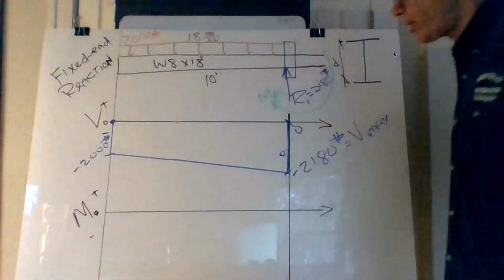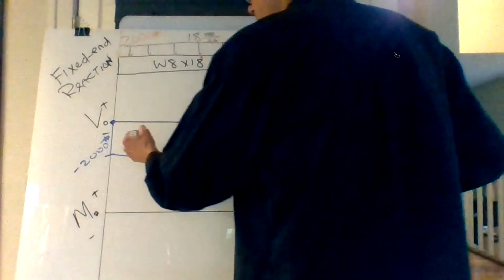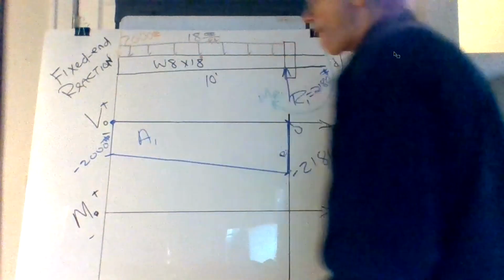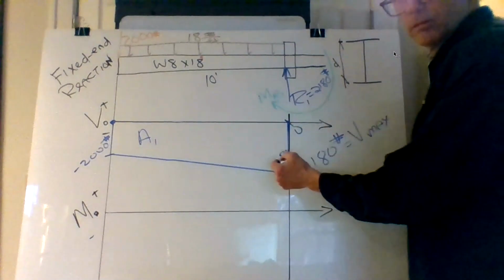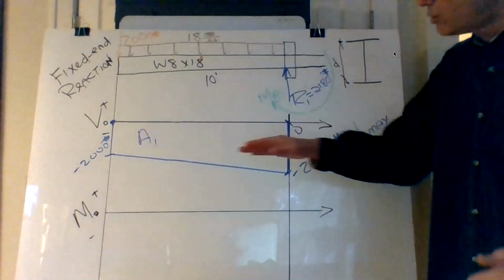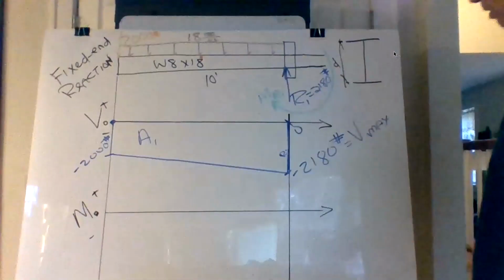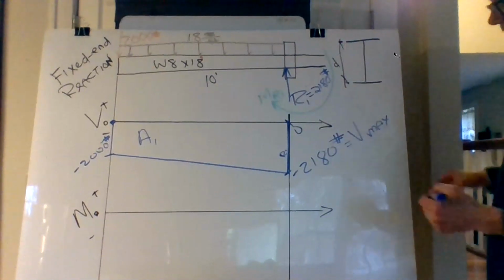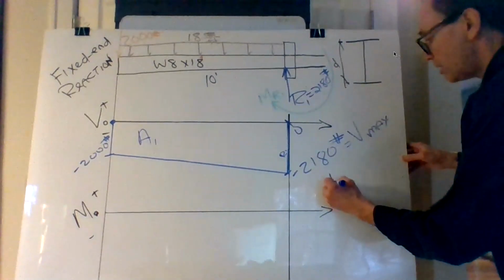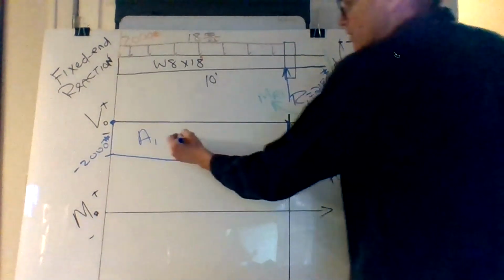Yeah, let's do the moment curve. So this is area 1. And what is that shape? It's a trapezoid. Don't call it a triangle and a rectangle. It is, but make it easy on yourself. Okay? So area 1 is equal to, and it's negative,